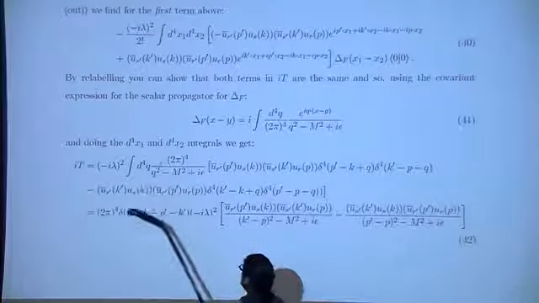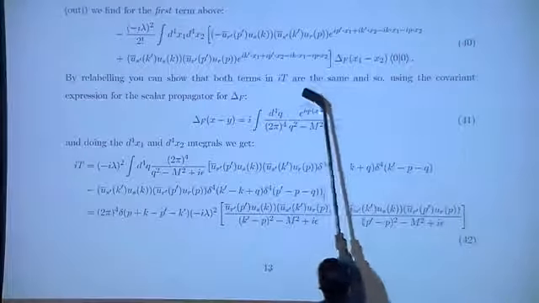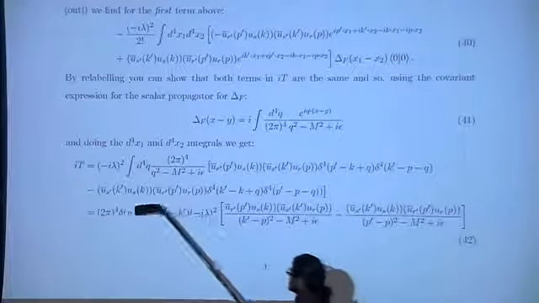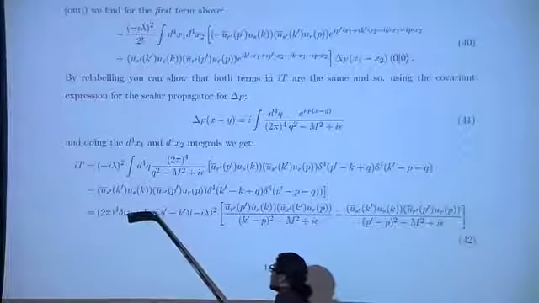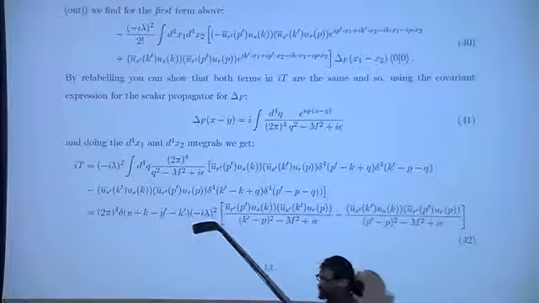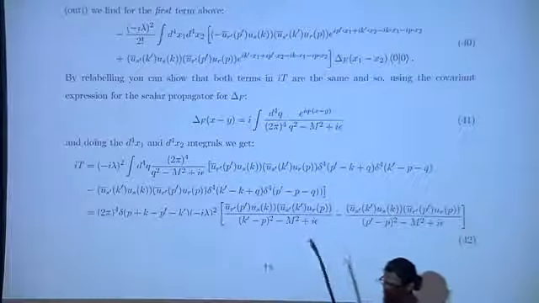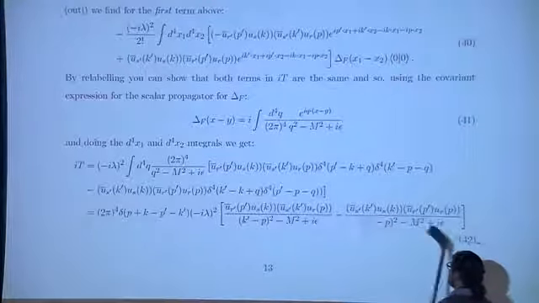So here I'm saying by relabeling, you can show that both terms in it are the same. And so basically, this is the result you get. So you get 2 pi to the power 4, an overall 4 momentum conserving delta function. You're doing a second order diagram expansion, so you had a minus i lambda squared coming from there. And then you have this complicated stuff.